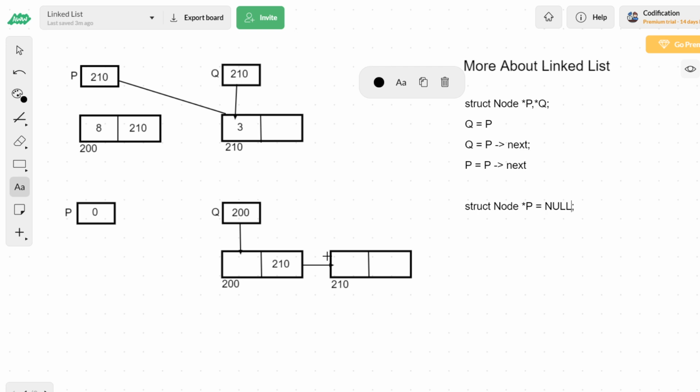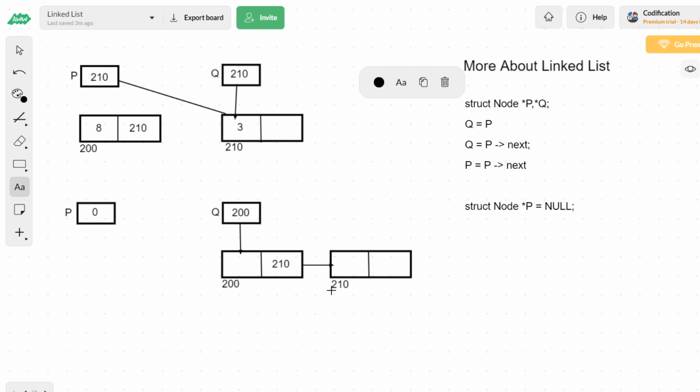Because if we do not represent the last node, then this process is not going to be a finite process. It will be an infinite process. So to make it finite, we definitely should have an end node, a last node. So how do we represent the end node? How will we identify the last node?